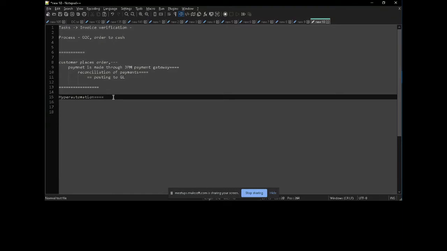But I'm talking about hyper automation right now, and understanding hyper automation is important because that is the goal which we will align with deploying your MuleSoft RPA. Anybody has any questions? So there are three levels of automation: task, process, and then comes hyper automation. No questions? All clear?